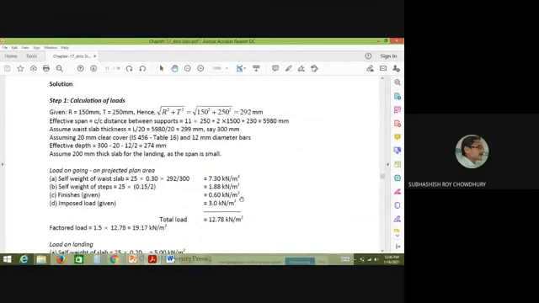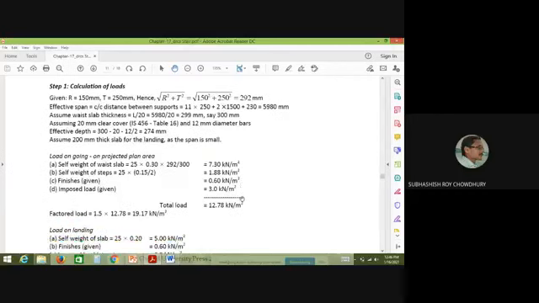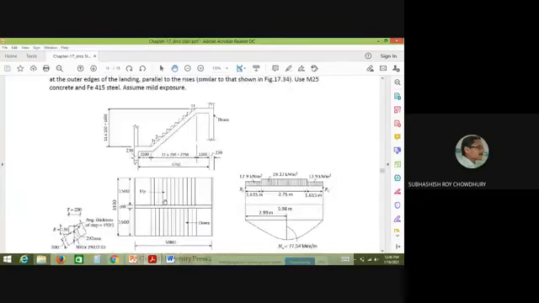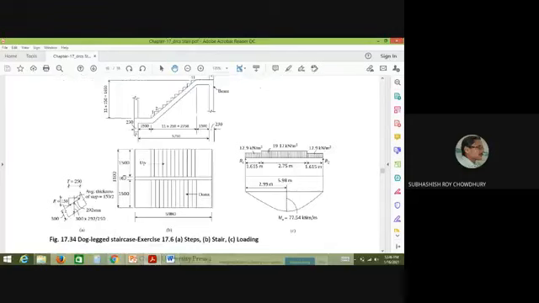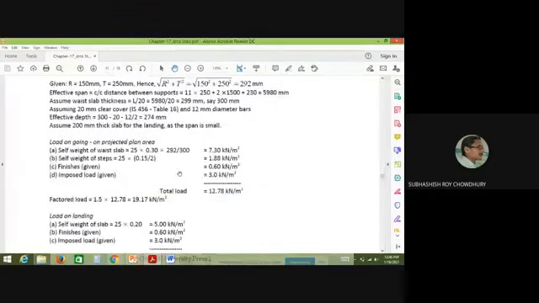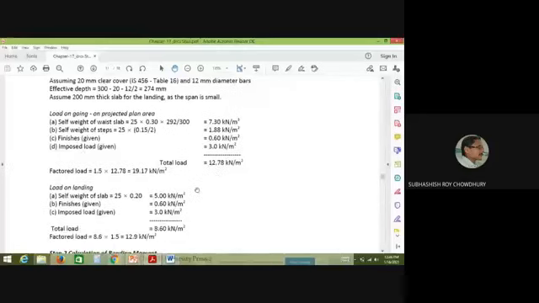So basically you have considered 1 meter width of the stair. Actually the width of the stair is 1.5, so you are considering 1 meter only. Whatever the reinforcement, in case of designing of the floor slab, you have considered 1 meter strip. So here also the same idea they are following. You may also follow the same idea. That means 1 meter width you may consider. So whatever the reinforcement you will get, that is to be distributed within this 1 meter width of the slab.